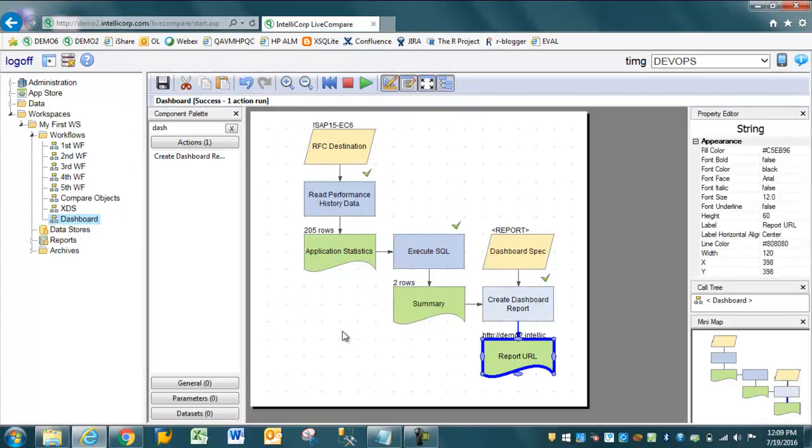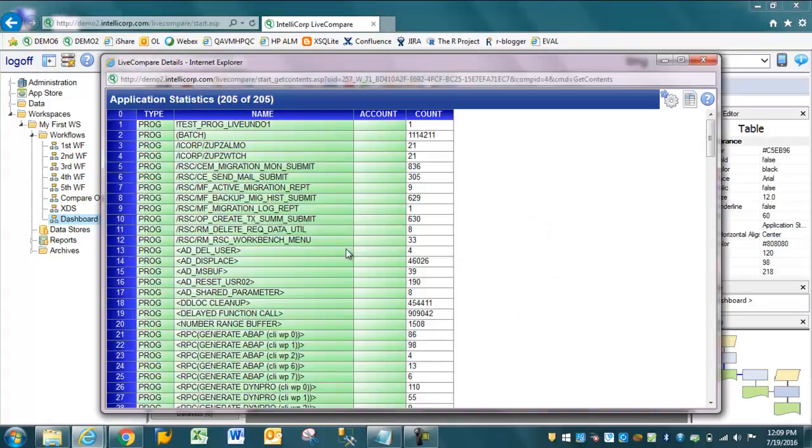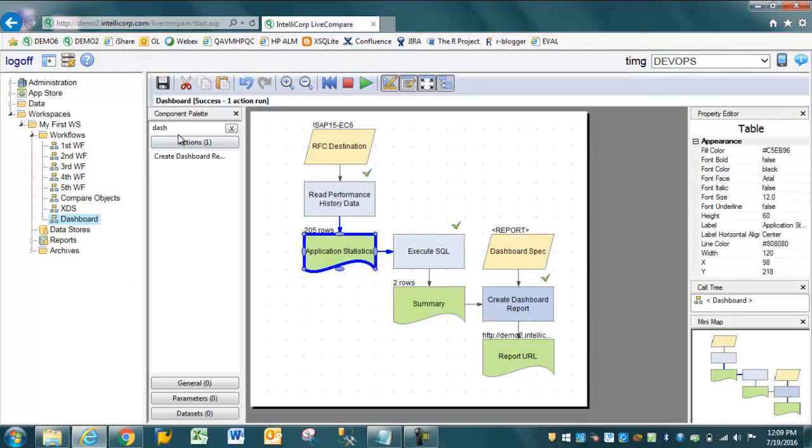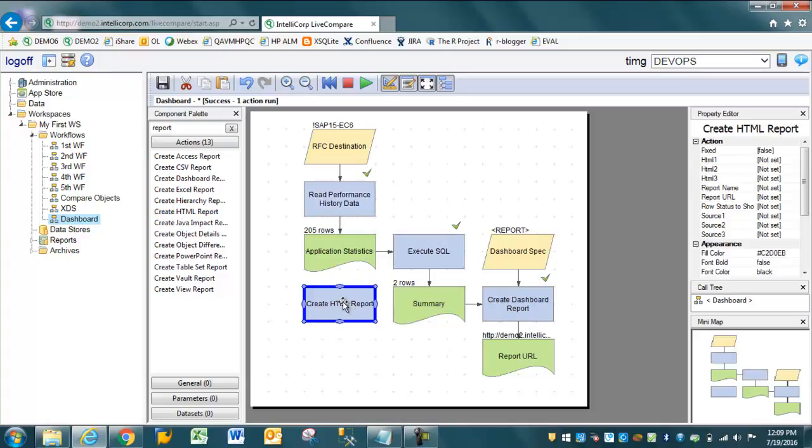So what I want to do is add these 205 records to the dashboard. I want to be able to drill into this data. So first we have to push this into a report format. So I'll just type in report here, and I'll select the create HTML report. My source will be the application stats, and I'll have a new report URL coming out,